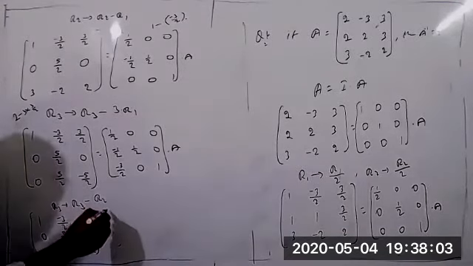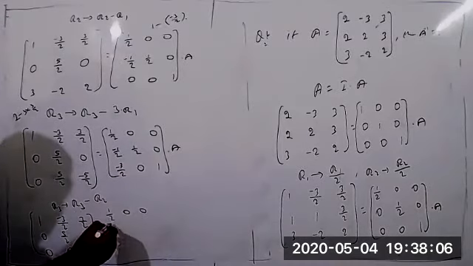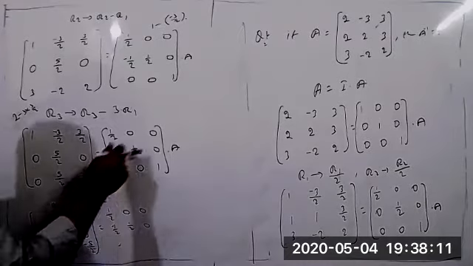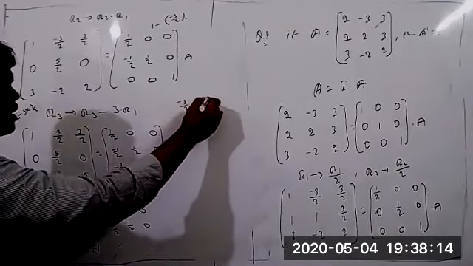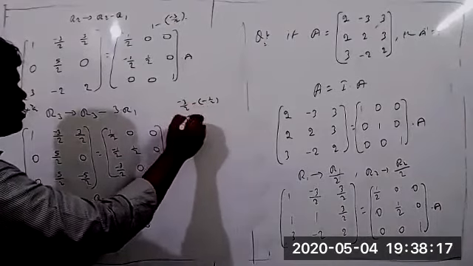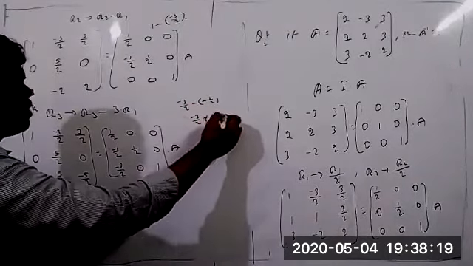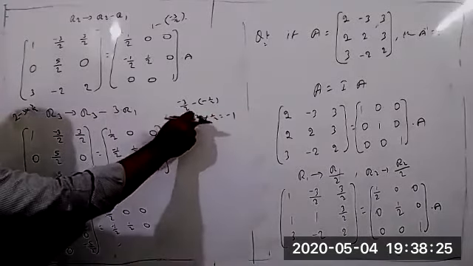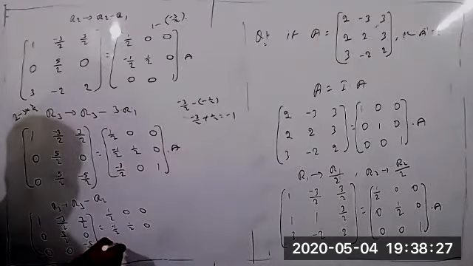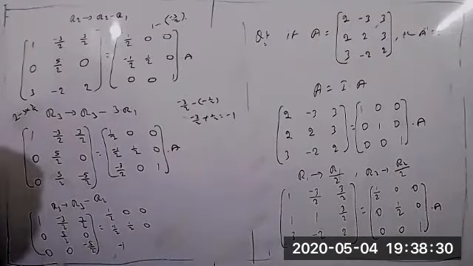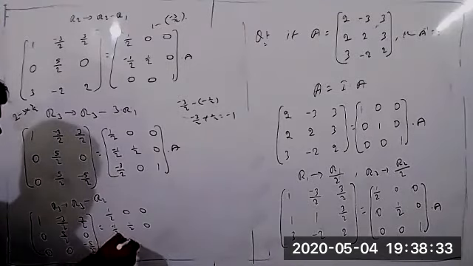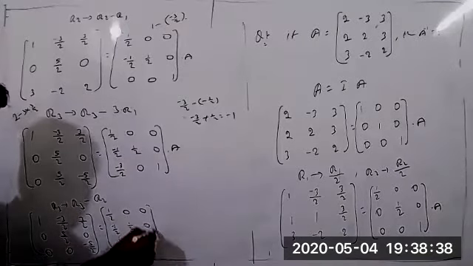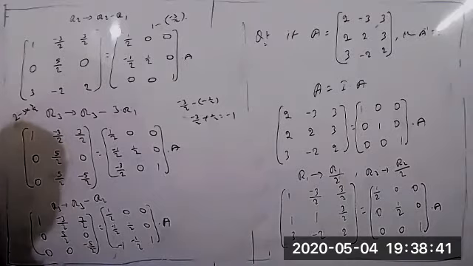So here also same thing only. So 1 by 2, 0, 0. Minus 1 by 2, 1 by 2, 0. Again, minus 3 by 2 minus this value. Minus 3 by 2 minus minus 2 by... 1 by 2. That becomes minus 3 by 2 plus 1 by 2, it is equal to minus 1. It's correct. 2 LCM. Minus 3 plus 1 equal to minus 2. Minus 2 plus 2 equal to minus 1. Next, 0 minus 1 by 2 equal to minus 1 by 2 only. And 1 minus 0 equal to 1. Into A. Into A now.